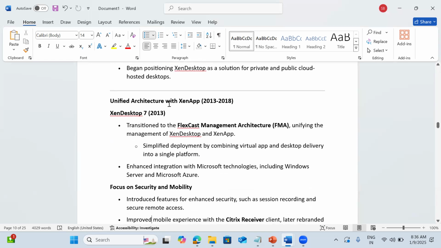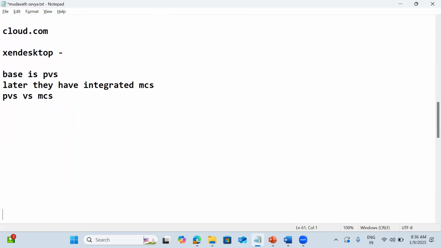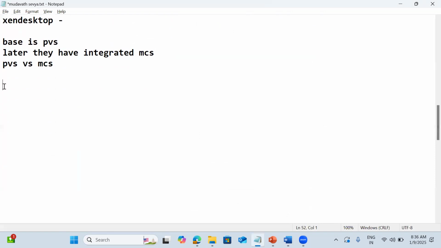Both XenApp and XenDesktop have been integrated, and here we need to understand one more term, which is mandatory, architecture wise. XenApp 6 and 6.5 have one architecture called IMA. IMA stands for Independent Management Architecture.